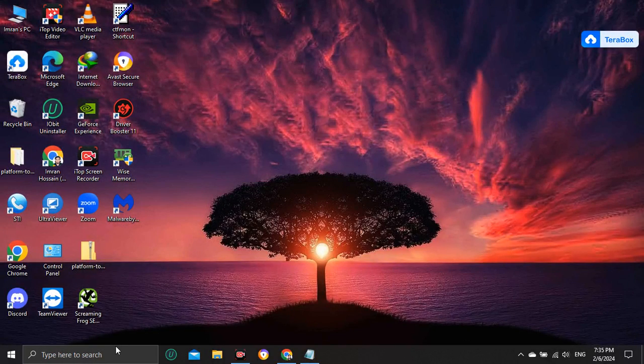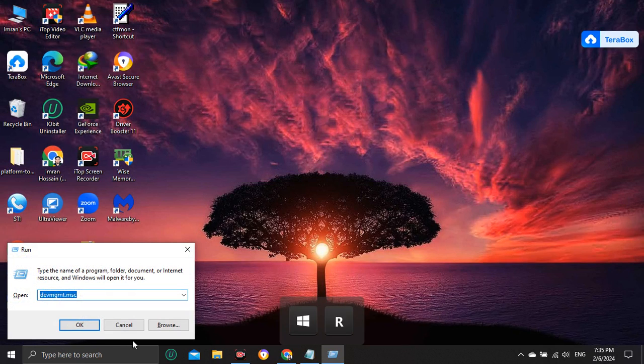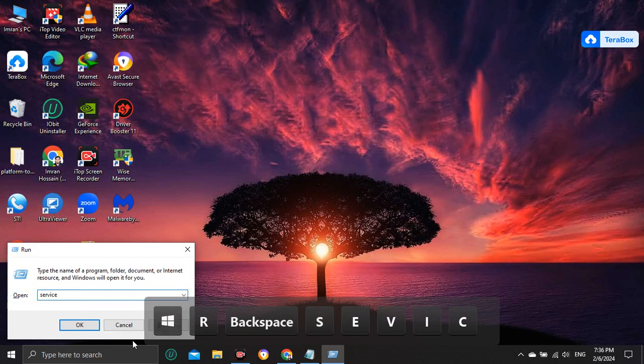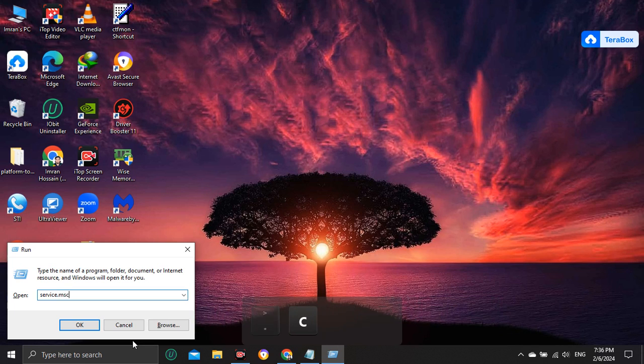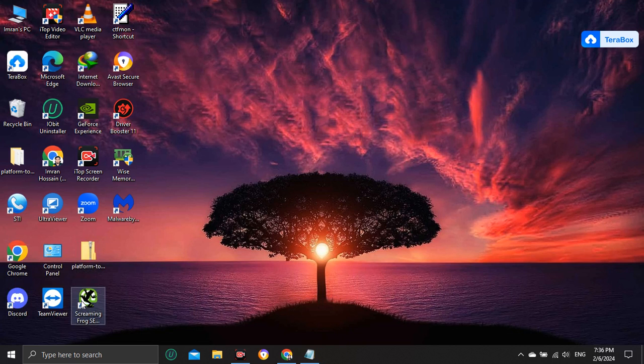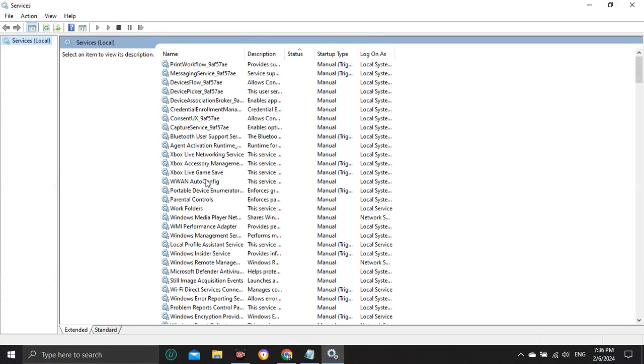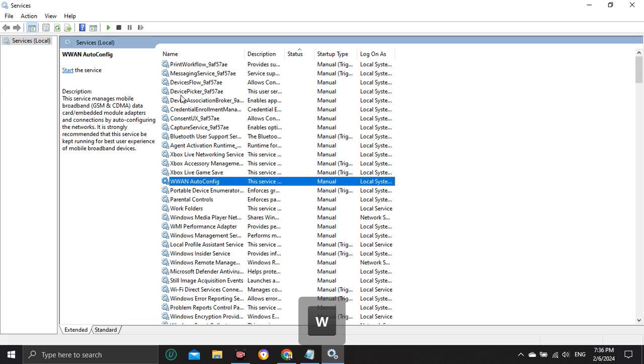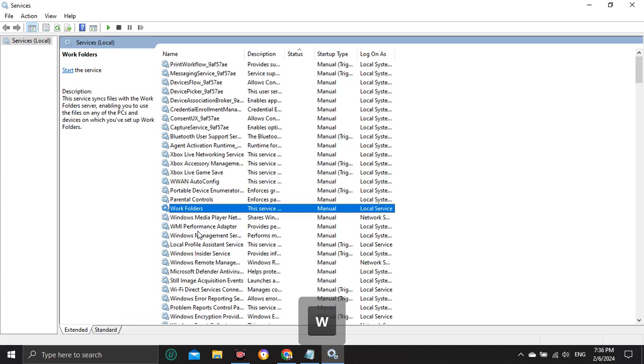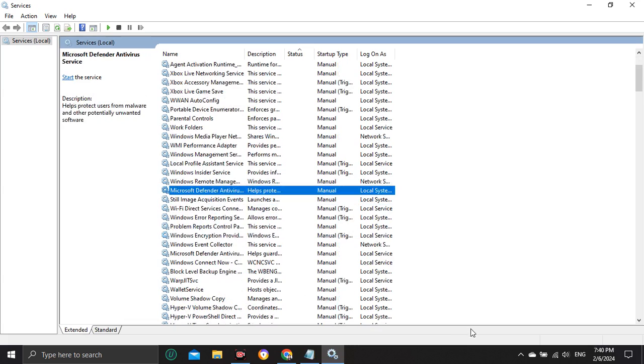Press Windows plus R, and write here services.msc. Click on OK or enter. If it's not working, just put services and MSC. It will work now, I hope. Okay, you can see the services window. All you have to do is find the Windows Management Service. It will be in the W section. Alright, I found it here,